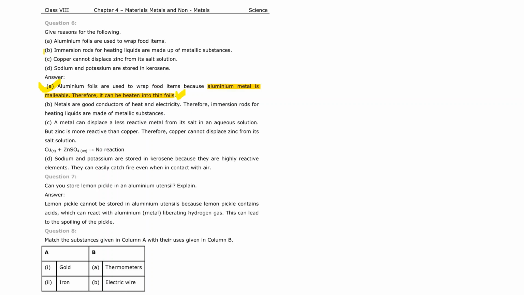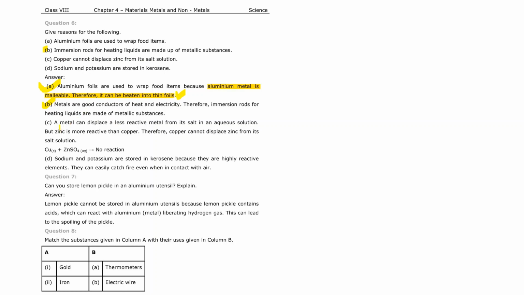And then the B part: the immersion rods for heating liquid are made from metallic substances. Metals are good conductors of electricity, so the immersion rods for heating the liquid are made from metallic substances. And then, copper cannot displace zinc from its solutions, as zinc is more